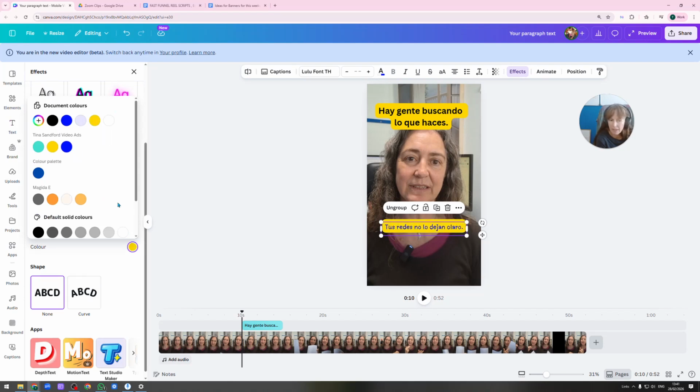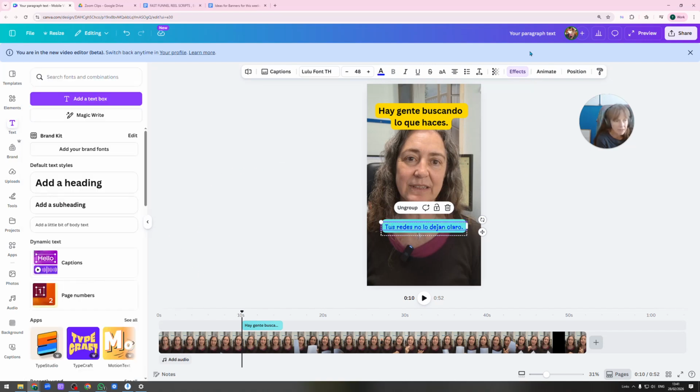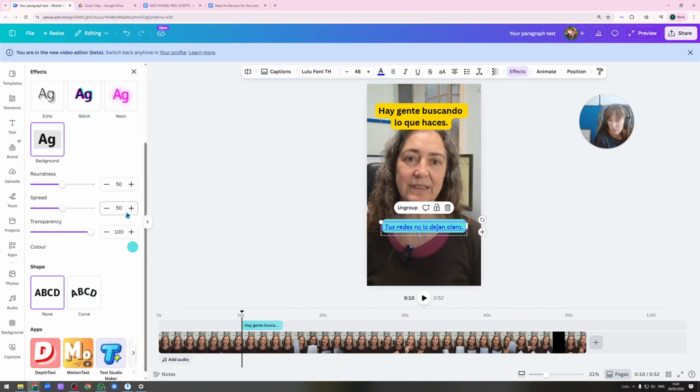Could go for the yellow again. Is it boring? I like turquoise. But we've got other colours. Okay, so that's a slightly different shade of turquoise. Green stands out quite a lot, but in that particular instance, I think it goes for what Caro's wearing. So now there are different effects you can add to this, just so that you know when you've got